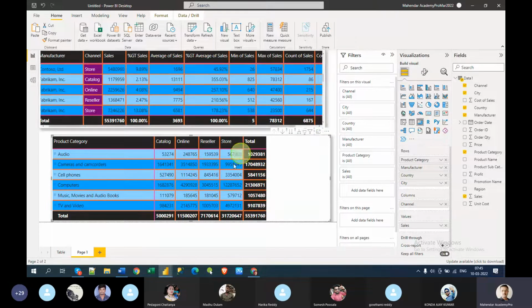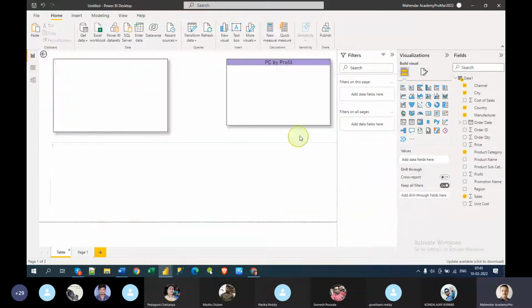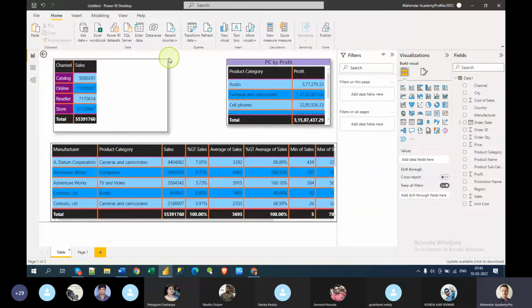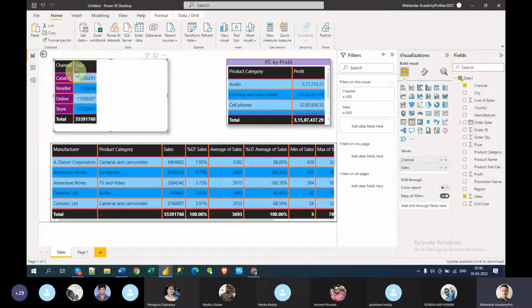And apart from this, I think in the table we have not seen the sort order, right? So you can also do the sorting here. That is a default option. Sorting by channel, sorting by sales. Now you see the descending order of sales, or you can see ascending order of sales. Everything you can control. Not only that, you can simply click on this. This is a beautiful option.